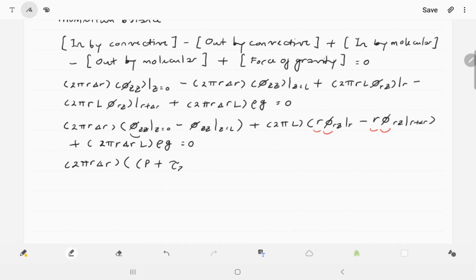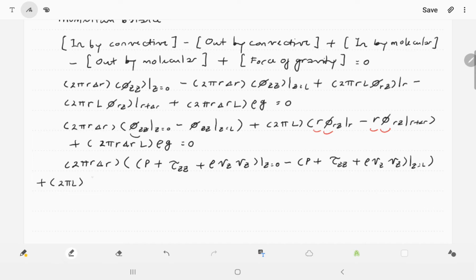So this one with tau zz plus rho vz at z equals 0 minus tau zz plus rho vz at z equal L plus